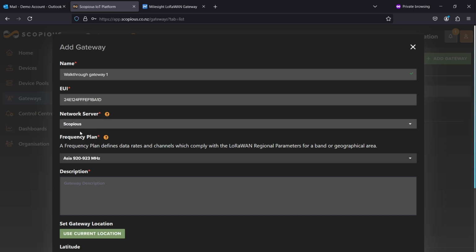Leave the network server as Scopious. Use Asia 920 to 923. You will need to give the gateway a description, such as